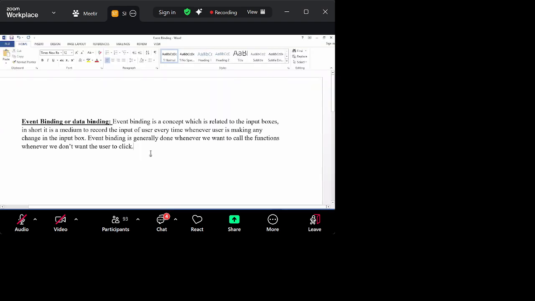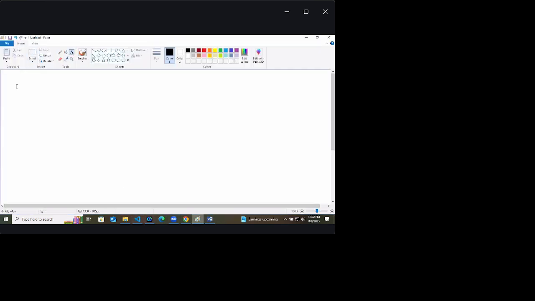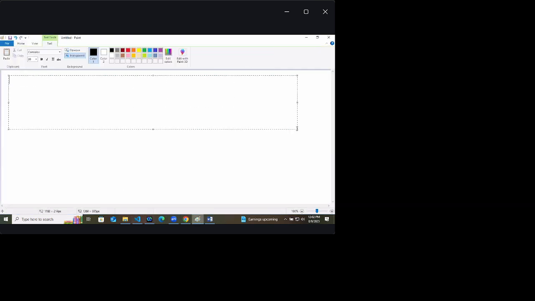So now let's try to understand it. Let us suppose we have an input box. Forget what we discussed the previous time. It has a type as text. And it has an ID, you can give ID as INP.